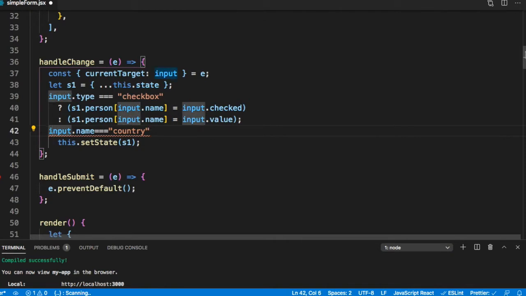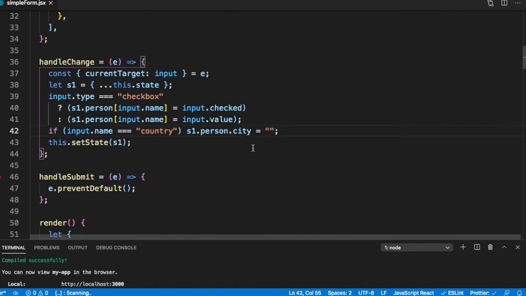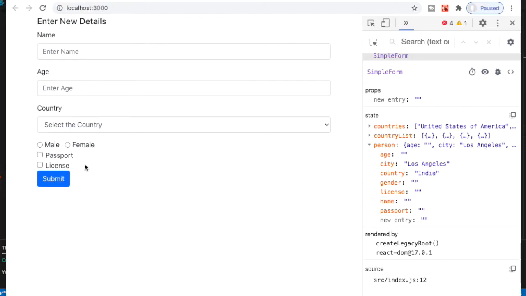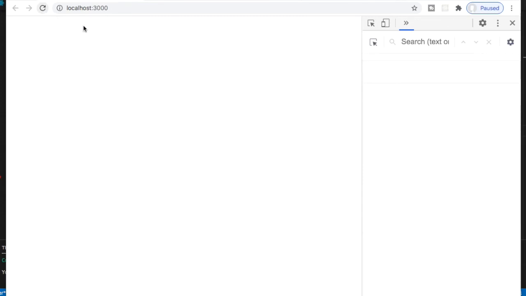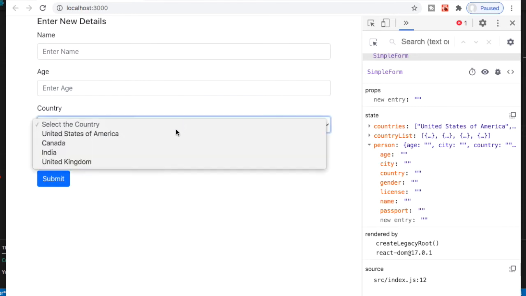So if there is a change in the country, then what should we do? Let me put an if input.name is equal to country, then s1.person.city should be an empty string. Then we should reset the value of city. So that is the condition I have put in here. That should make this work. Let's test it. So let's do the same thing.